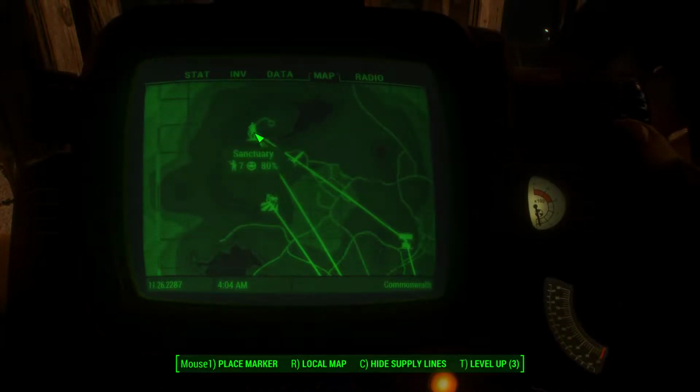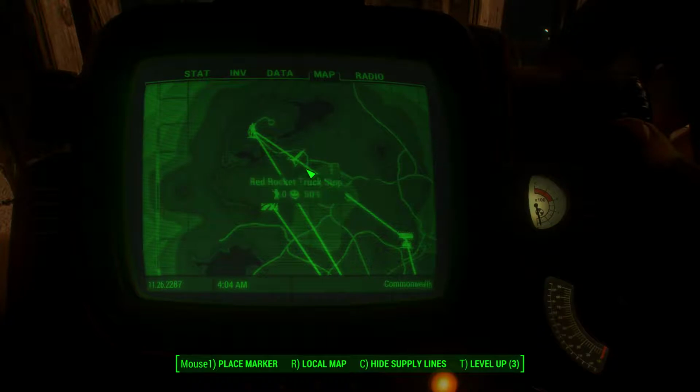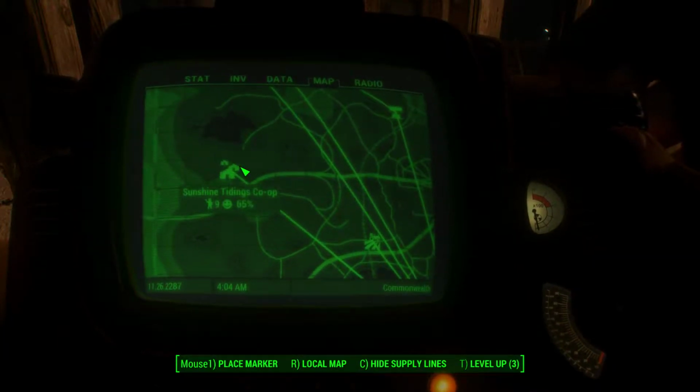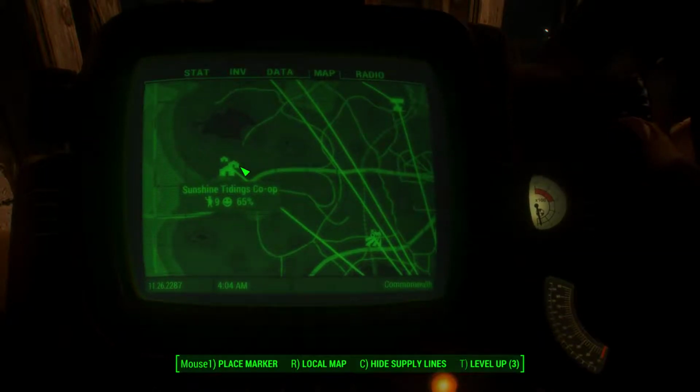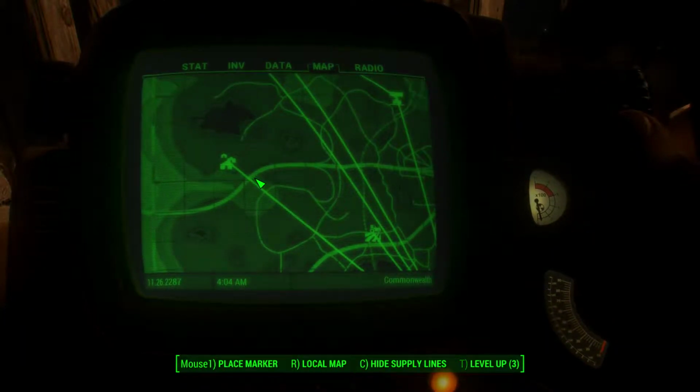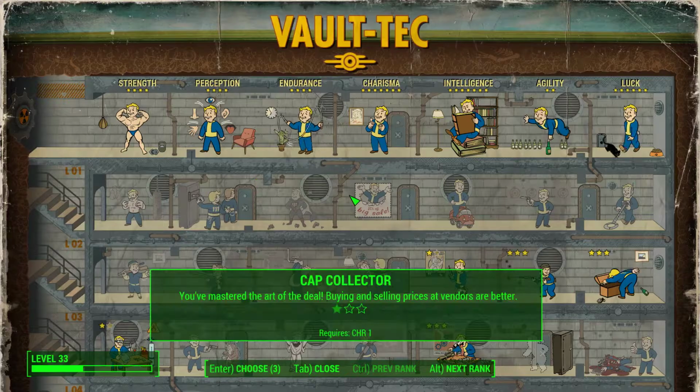Starlight Drive-In has 9 people. Sanctuary has 7. I don't have anybody at Red Rocket yet. Sunshine Tidings Co-op already has 9 people. I need to move some of them to Taffington Boathouse. But at any rate, the main problem is that